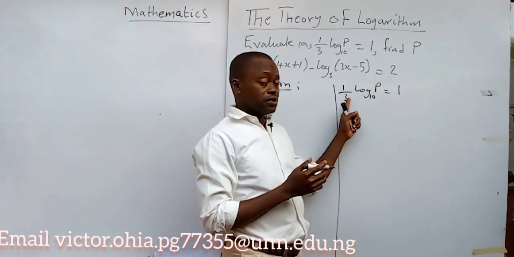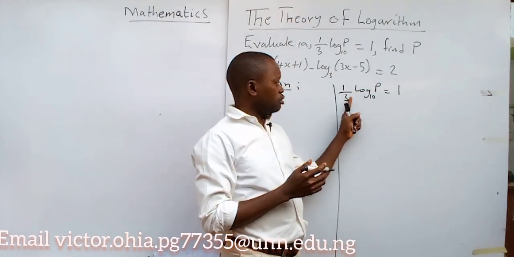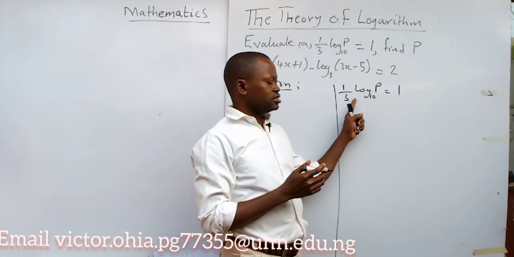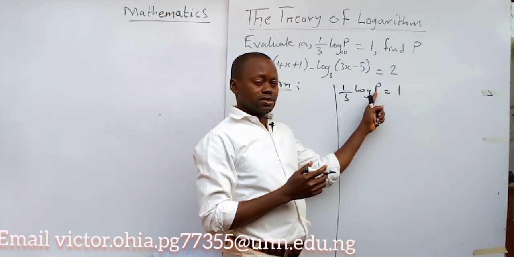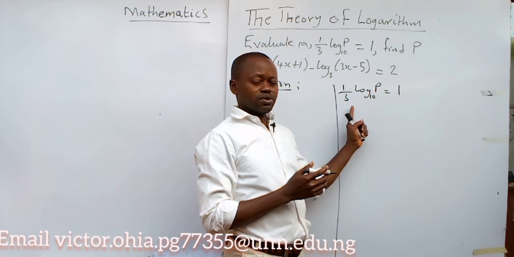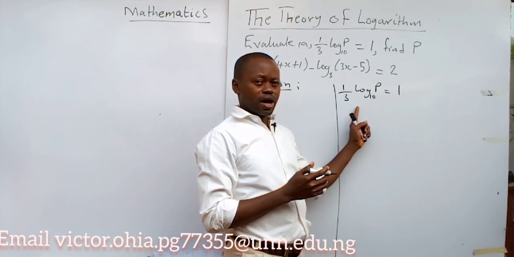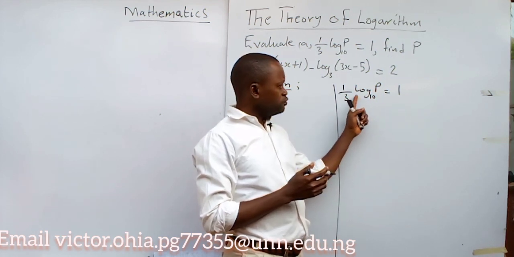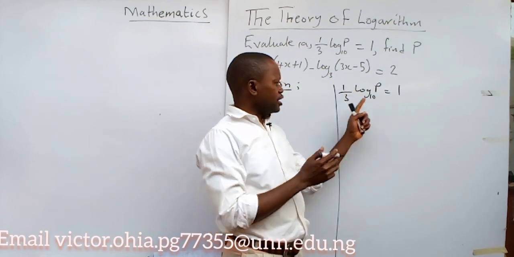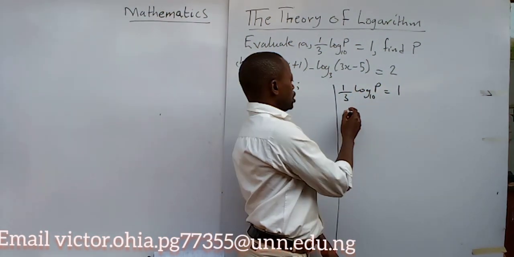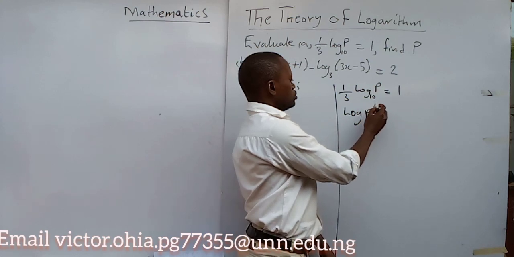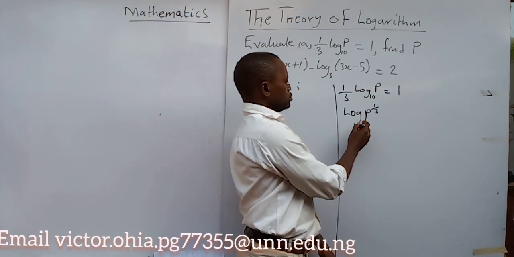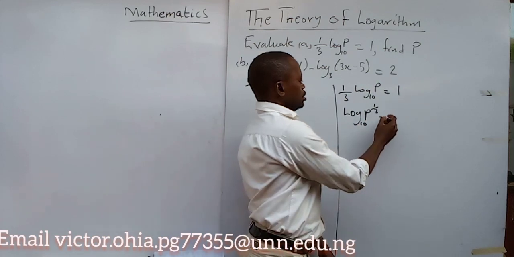Of course, you recall the law of logarithm that states that when the logarithm of a number is raised to a given power, it is equal to the product of that power and the logarithm of the number. So if you watch here, I can rewrite this now as log p to power 1/3 in base 10